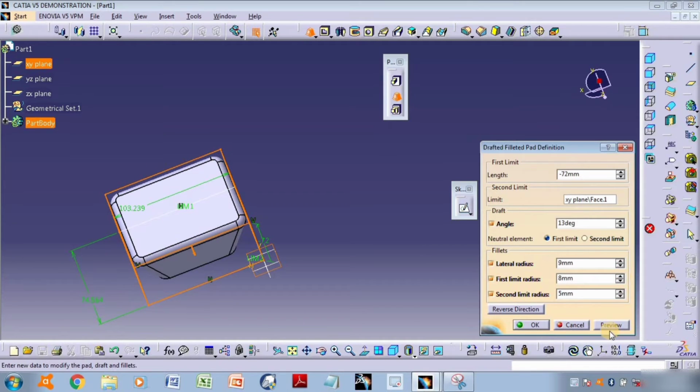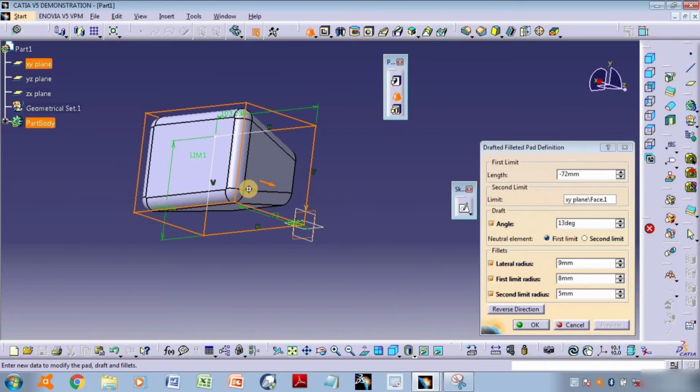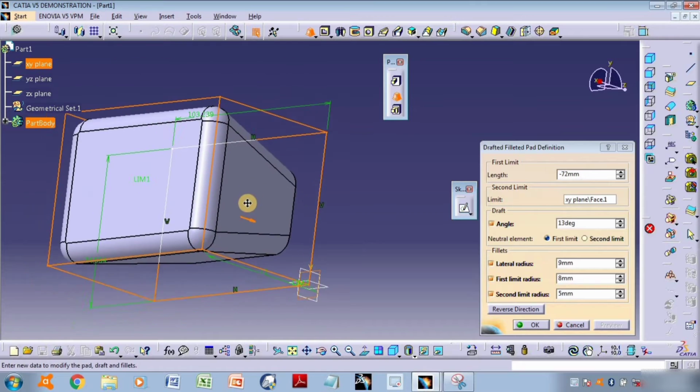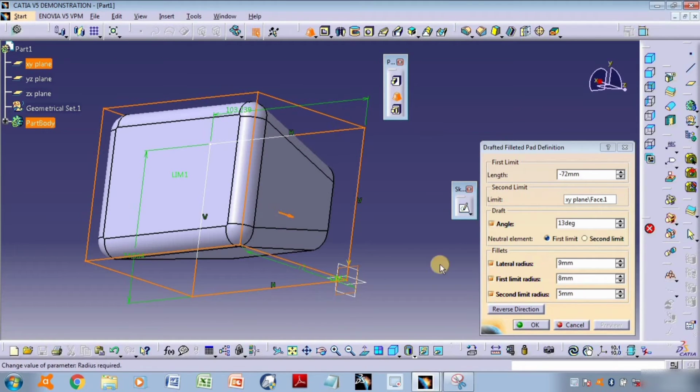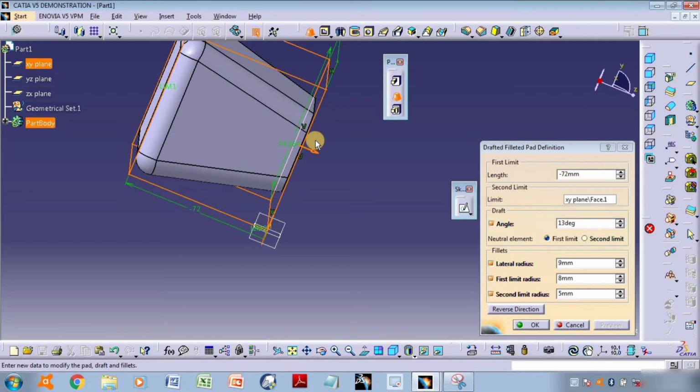Then preview. Then you can see here upper radius is changed and second limit radius. If I draw here above any surface, then it will change, no effect there.